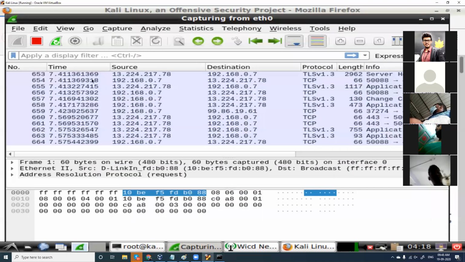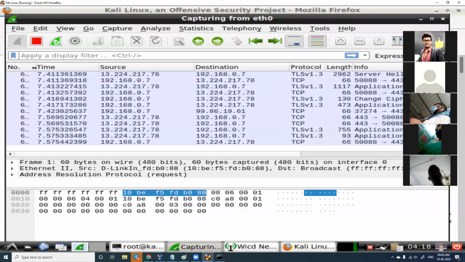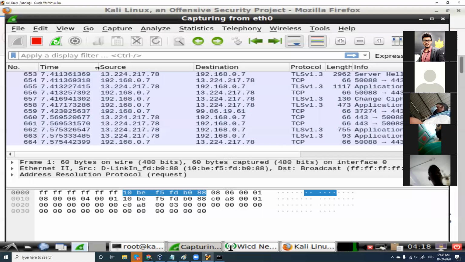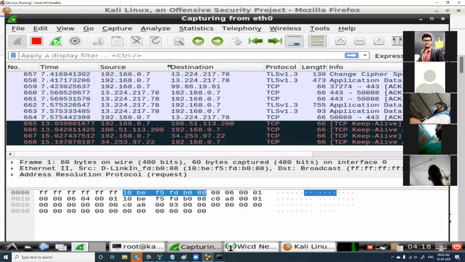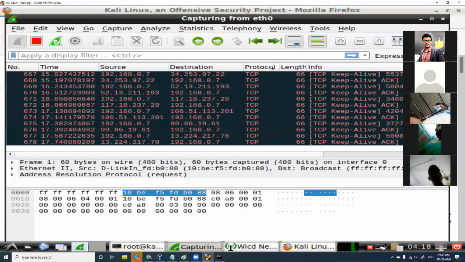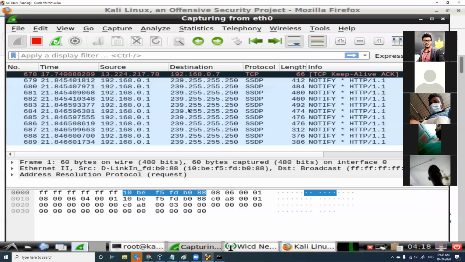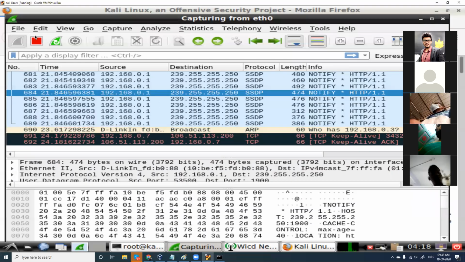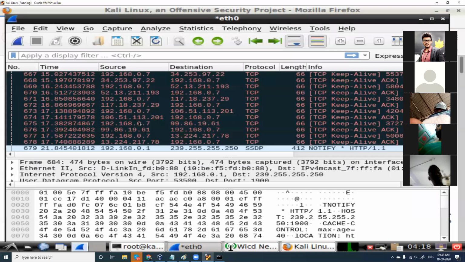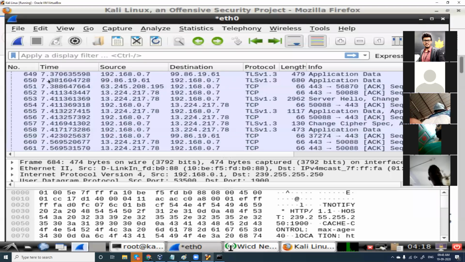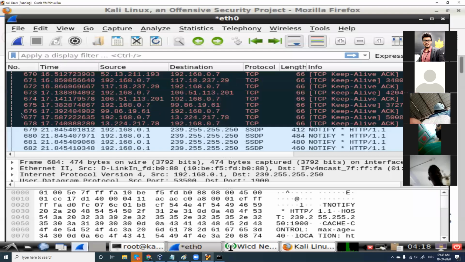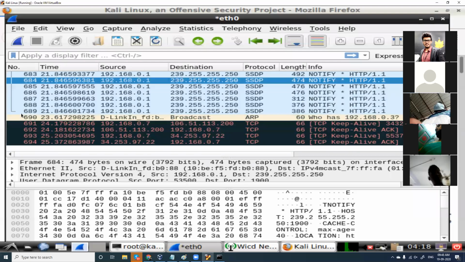See, we have a large number of packets based on source, based on destination, based on a lot of things, and it is going to give you a lot of information, right? And let me stop this. For guys who are very new to this, I'll tell you what this is. This is the number of packets being transmitted. It is only like 10 seconds. I opened this and it has generated more than 700 packets, right?